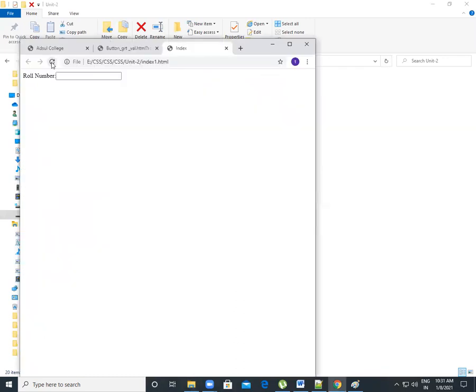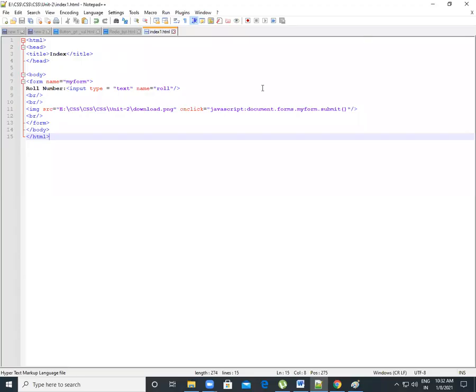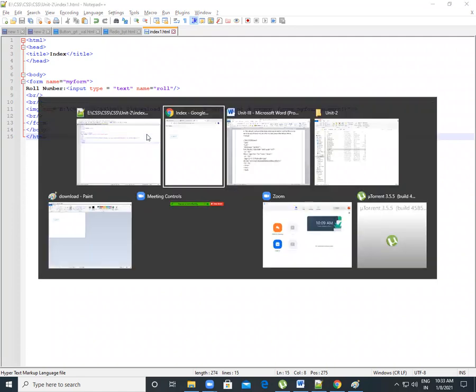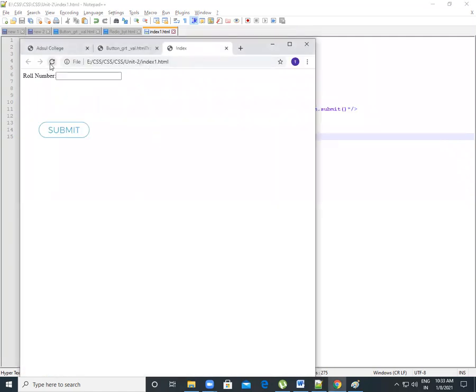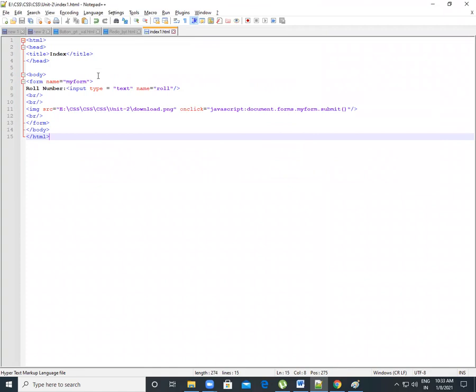Can we get our image? No. Again, there is a problem in our program. Let's check, there is an error in our program. No, we already wrote the form name, then we give roll number, correct, then we give image dot png. Okay, let's save this and run again. Let's check. Yeah, it's run. Right? We give roll number, then our text, which is initially blank.